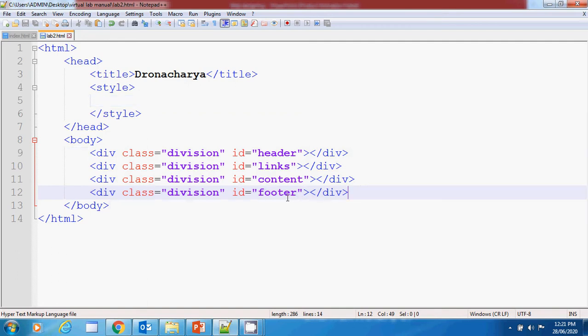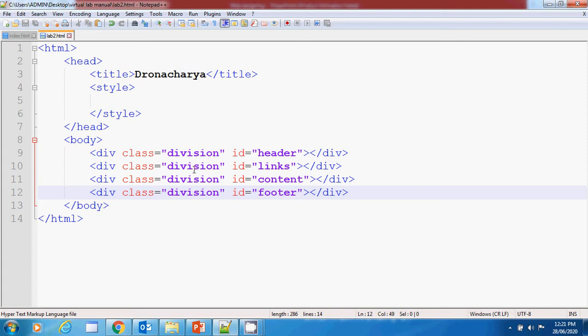Now again height. Suppose we have to set the height of header with some pixels, links for some pixels, content for some pixels, and footer for some pixels. So we need to give different pixels to different sections. So in this case we use the concept of id.